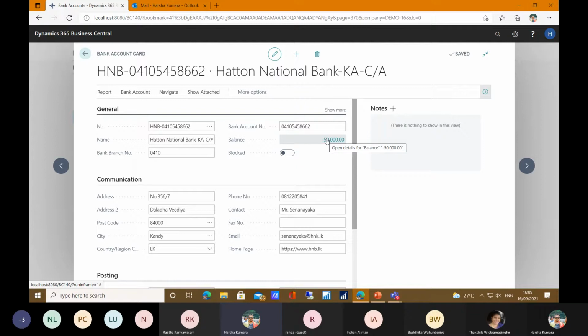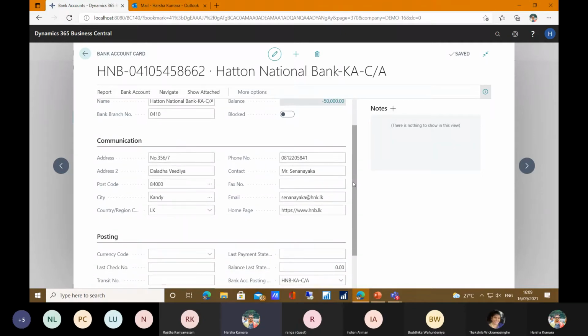And if you need to block any bank account, you can block this bank account card using this block button. And this also we can give as a permission for authorized users. We normally notice that bank accounts are not updated correctly, but we recommend that you update all the fields in the bank account card: the address and postal code, the phone number, and also the email and homepage. Because when any issue comes up, the user can easily go to the bank account card and pick up all the information in NAV Business Central.